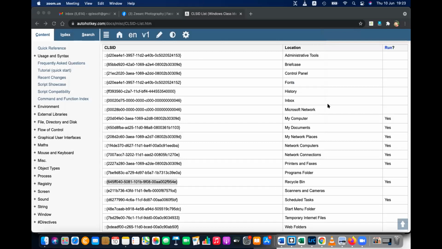So these are some other IDs. Right? These are some other IDs we can use. We can create history, administrative tools, fonts, or a network. My computer also you can create. My computer is also a special folder that you can create. Right, these are the special IDs to create these folders. So that is a plus thing, right? Additionally,